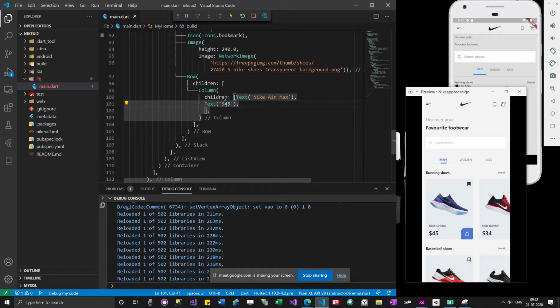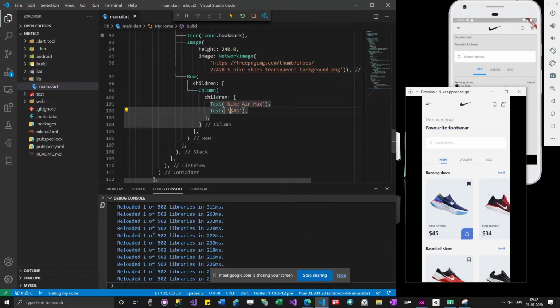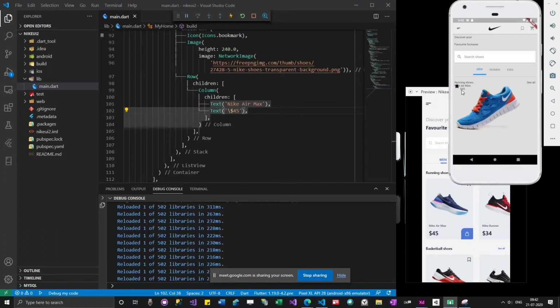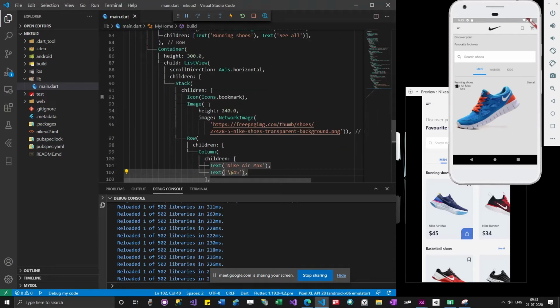So as soon as I add some dollar symbol, it is throwing some error, right? So dollar is having a different meaning in Dart. That's why it's showing like that. So I'm just going to add some slash. Okay, I think this is a front slash. So as soon as I add it, it stops appearing. You can see the text is also added, but all the text is on the left top corner. I need to give a position for it. For that there is something called position widget.